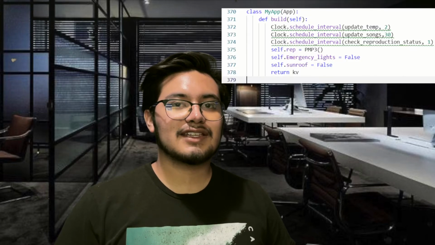Bringing together the list of MP3 directories and the MP3 player class, we were able to create reproduction queues that start from the song chosen by the user and move all the way forward. And to generate the automatic reproduction, we used Kivy Clock in order to create a task that is constantly checking if the current song has already ended. And if that's the case, the system automatically moves forward. This ability to use Kivy Clock also allowed us to create tasks that constantly update the temperature and check if the SD card is still connected.